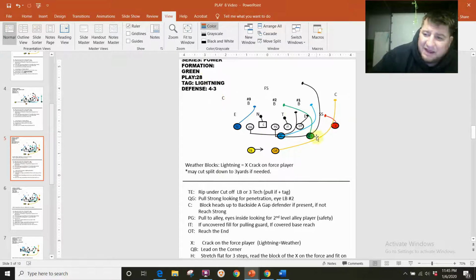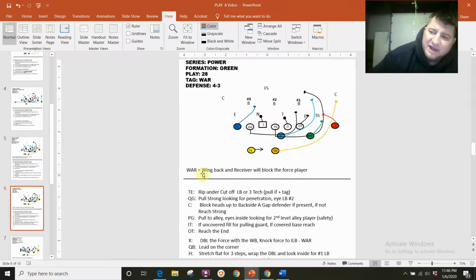The Lightning tag talks to the X receiver and says, hey, you're going to work the force, and so he's going to now swap jobs with the H. So your only real switch there is between the X and the H. Okay, the next one